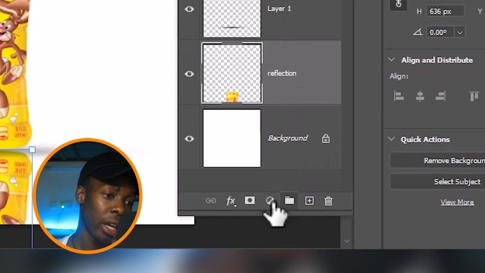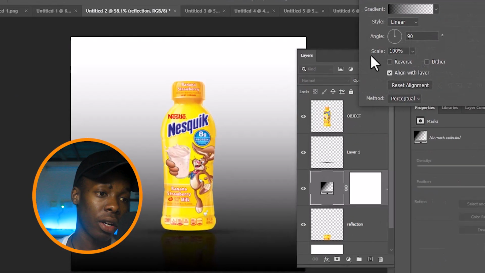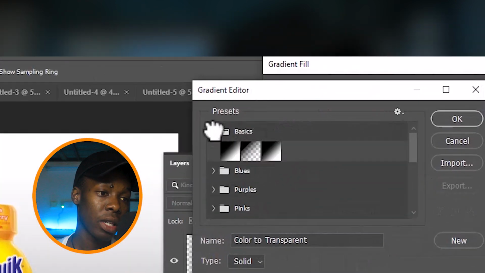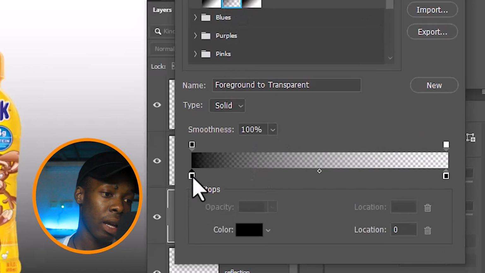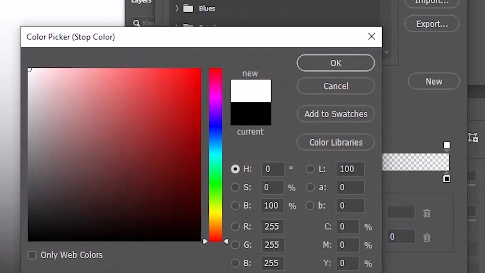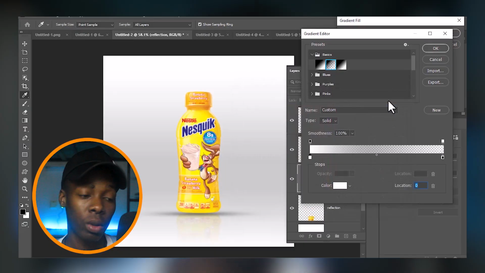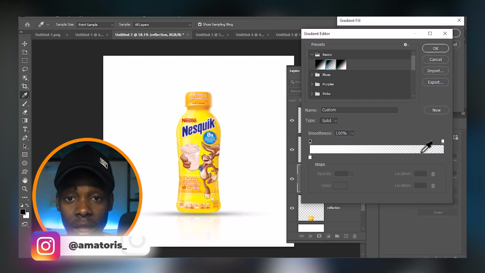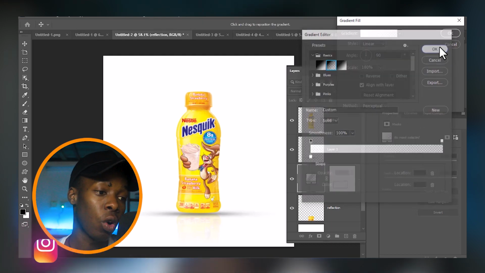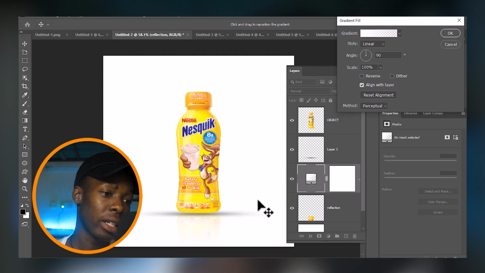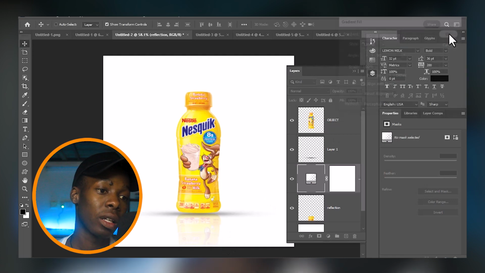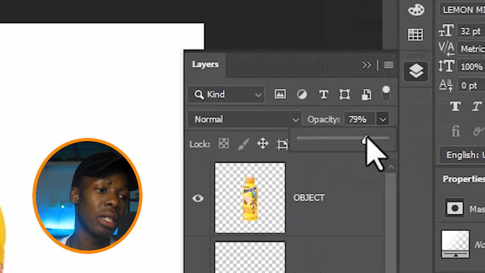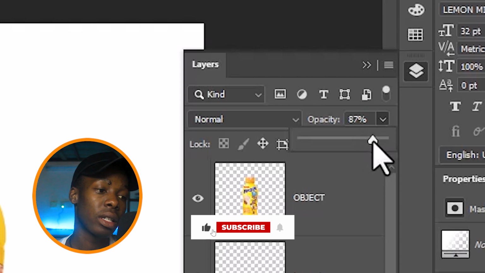We are going to create a new gradient layer. So we're going to choose the preset. I'm just going to choose this transparent preset, and I'm going to change the start color to white as the background color. You can change it to any color according to your background color. And we are just going to delete this, and now we have our perfect gradient. Once that's done, click on OK, and you can click on the gradient layer and adjust it to any point that you want. Once that's done, click on OK, and you can reduce the opacity a little bit